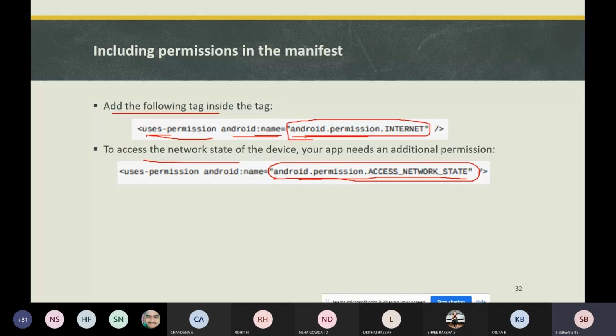After performing the operations on the network, you need to make a connection, an HTTP connection. Most network-connected Android apps use HTTP and HTTPS to send and receive data over the network.